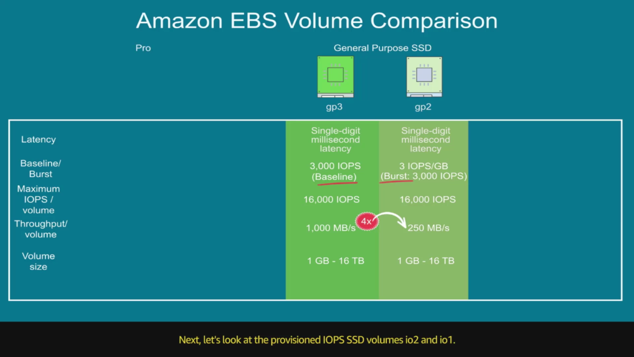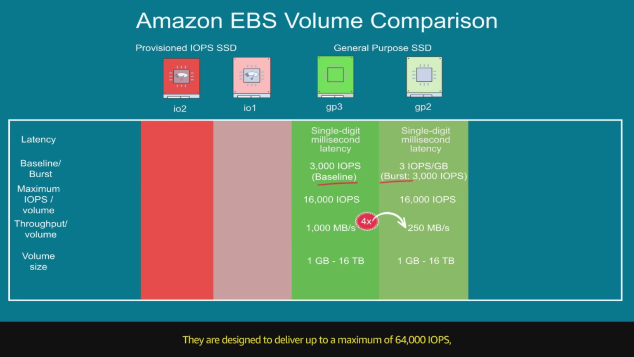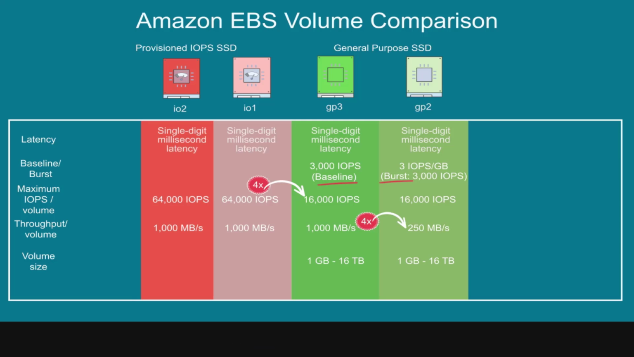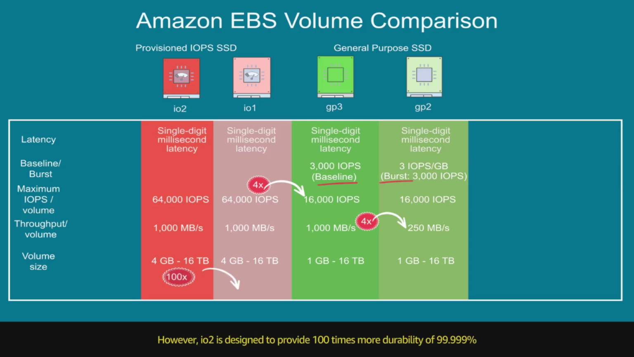Next, let's look at the provisioned IOPS SSD volumes, IO2 and IO1. They are designed to deliver up to a maximum of 64,000 IOPS, 4 times more than GP3, and 1000 megabytes per second of throughput per volume, along with single-digit millisecond latency. They have the same volume size of 4 gigabytes to 16 terabytes. However, IO2 is designed to provide 100 times more durability of 99.999% compared to that of IO1 and all other